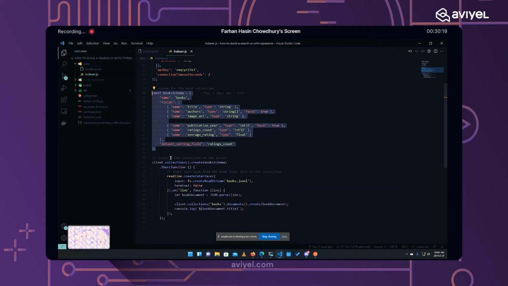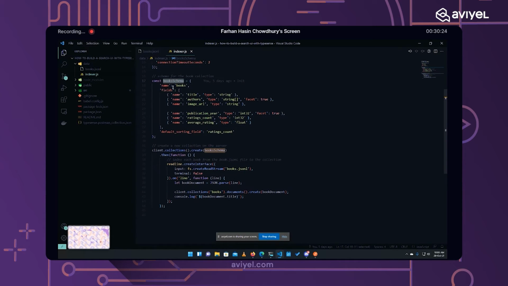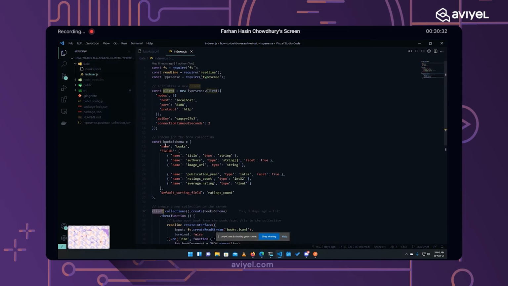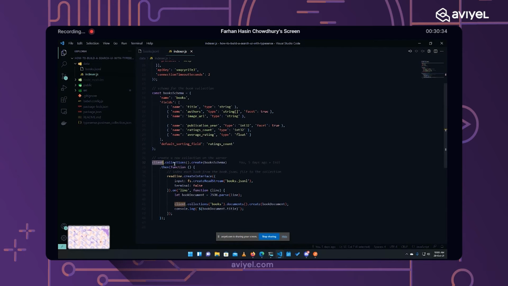Okay, then finally we are ready to index the data. Now that we have a schema, you must have this schema thing. There are multiple methods within this client object. There is a method called collections and then create.